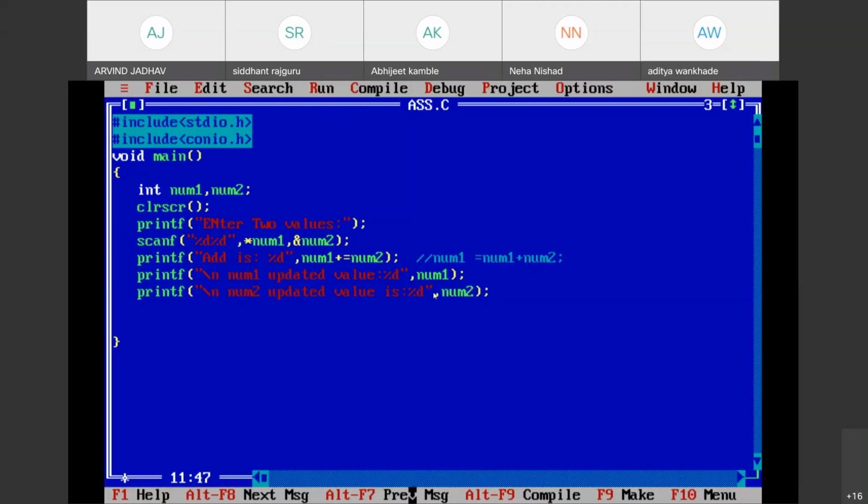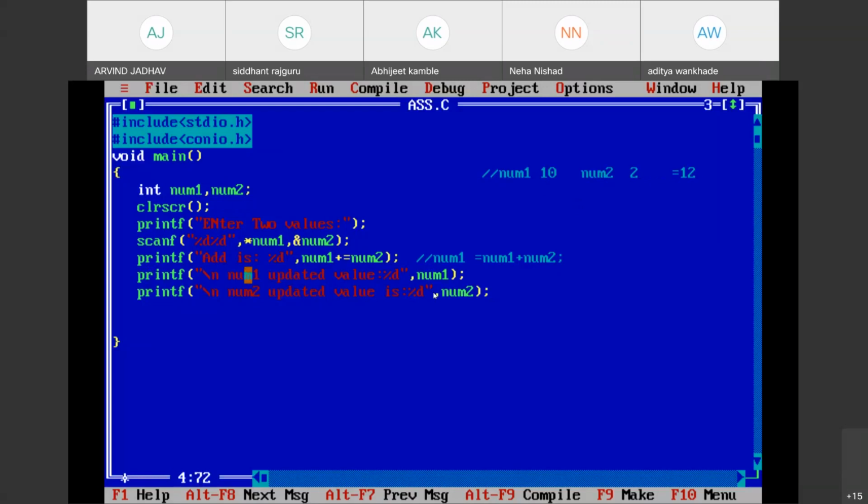Why am I telling you this? Because whenever we perform the operation on num1 and num2, assume that num1 value is 10 and num2 value is 2. So addition will be 10 plus 2, we get the output as 12. And what will be the updated value of num1? It will be 12. Earlier it was 10. See, here we took an example. Assume that num1 is 10 and num2 is 2. When you perform the addition of these two, we get the output as 12. So here in addition 12 will come.